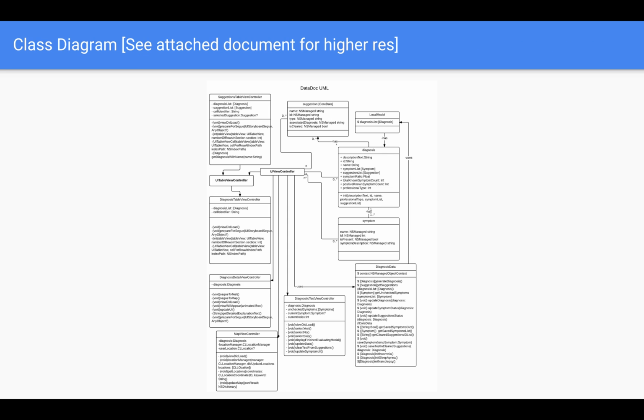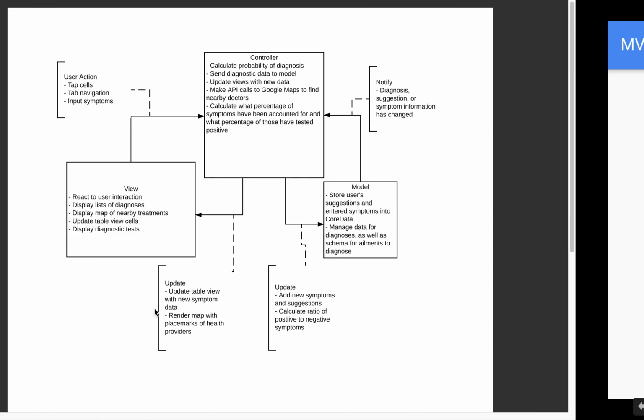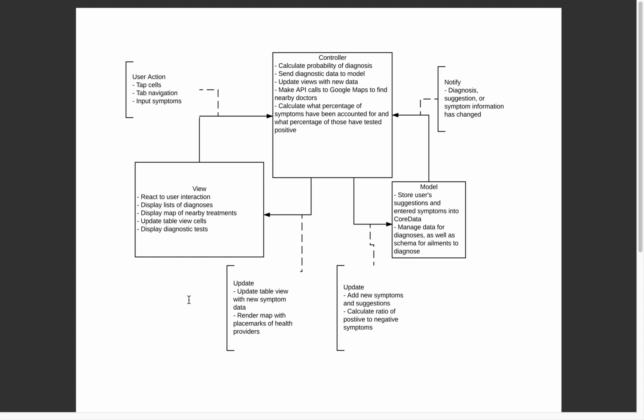So we'll move on and describe how this fits into the model view controller diagram. In this case, as I mentioned, the model is going to store the user's suggestions and entered symptoms into Core Data. We also manage data for the diagnoses and a schema for ailments to diagnose. What that means is that the user's symptoms and suggestions that they've done are stored long-term, but we're also